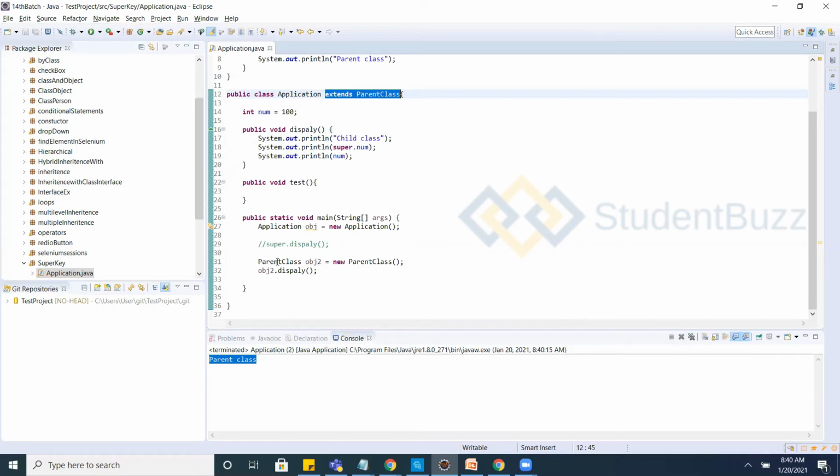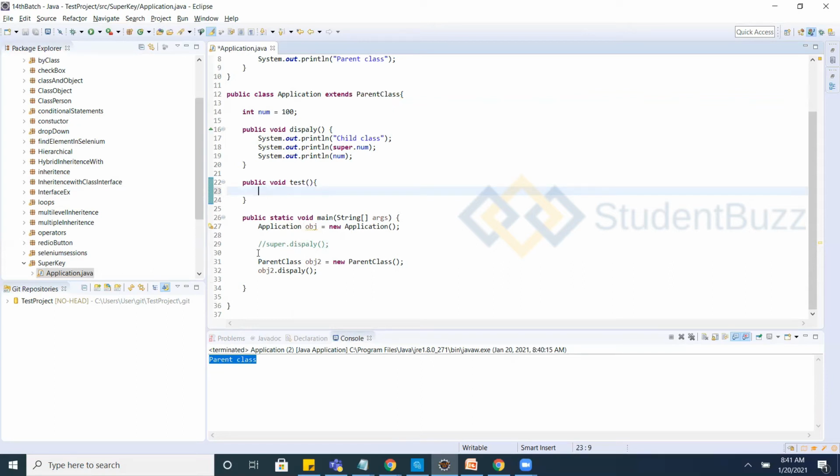You can create an object of any class and call that method, whether or not you have a relationship. But I want to use this relationship. Is there any way to call it by using this relationship? Using super dot display, you can call it.